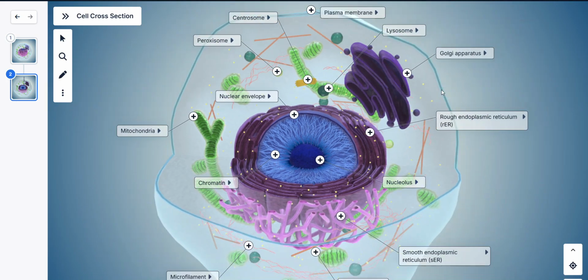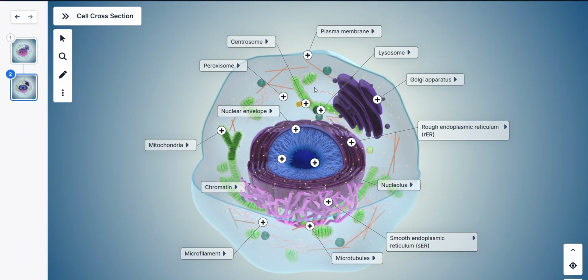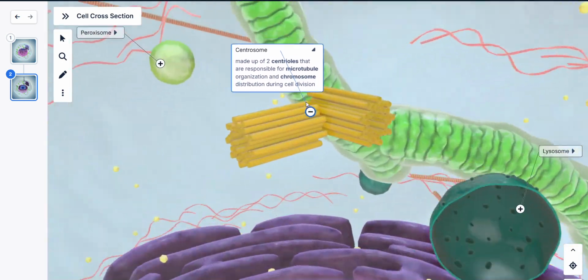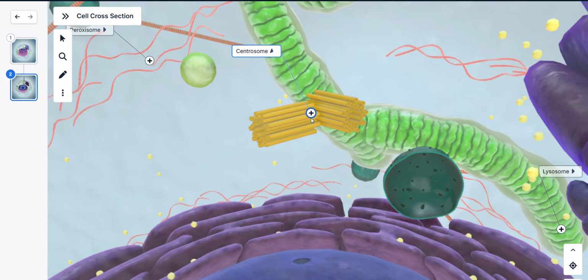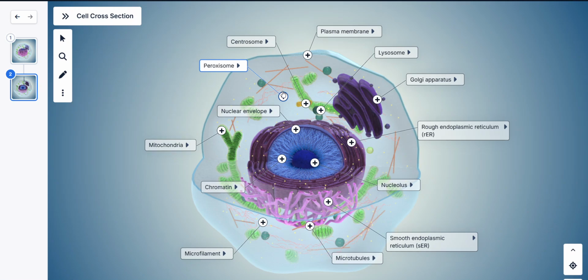So this is the work of the ribosome, and we will understand the centrosome. So the centrosome is made up of two centrioles that are responsible for microtubule organization and chromosome distribution during cell division. So this pipe-like structure is responsible for cell division. Okay, then we will understand